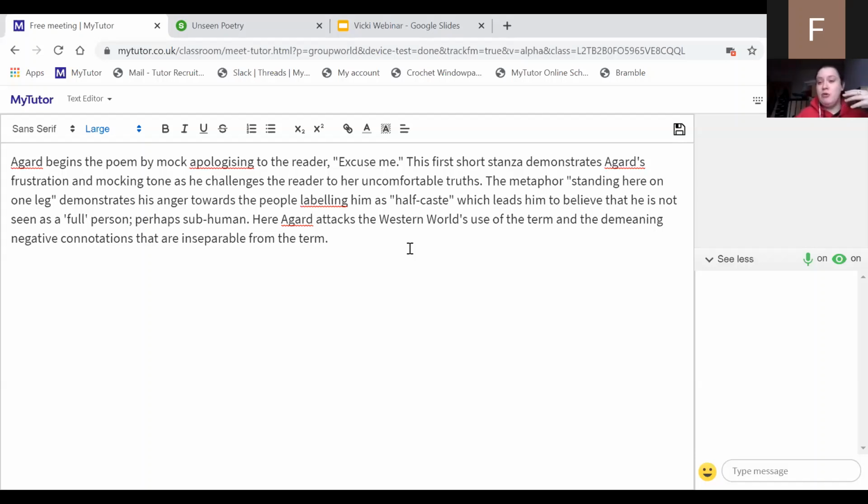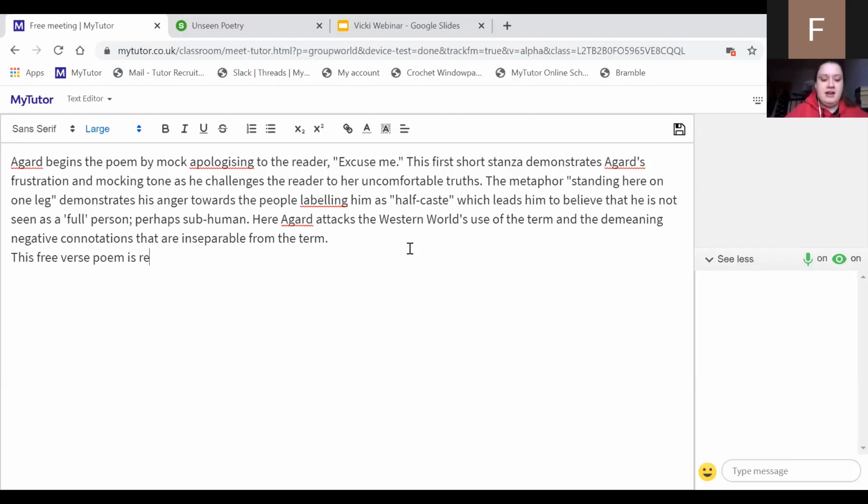Because he is standing on one leg, it's talking more about him than the other person. If you're saying "excuse me, what do you think you're doing, calling me half-caste?" then I would definitely go with that interpretation, rather than "excuse me, standing here on one leg," which suggests that he's in the way. So that's my interpretation for it, but you could interpret it in another way, and that is absolutely fine. Right, this free verse, I'm getting a little bit more about structure in here,